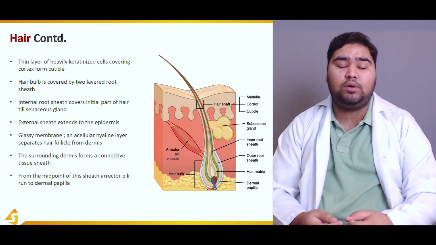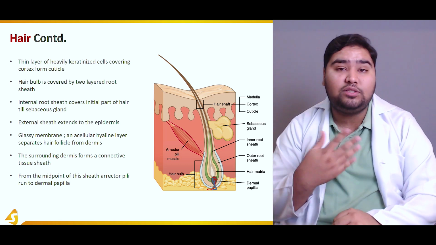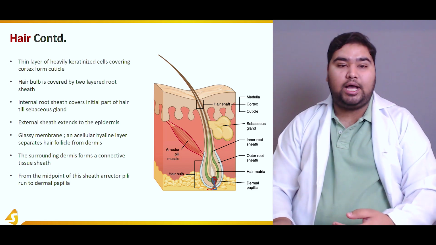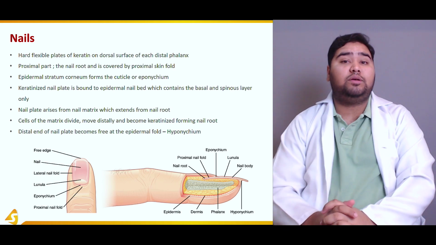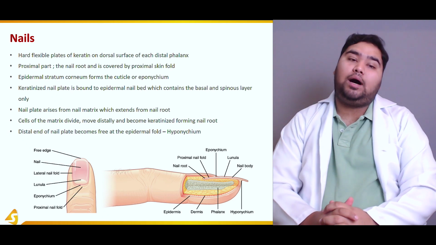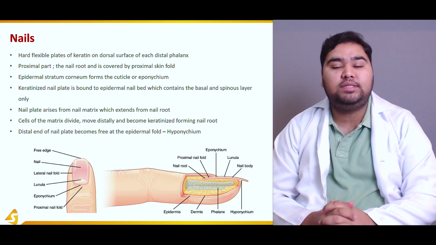This leads to standing up or erection of the hair, and this is known as goosebumps, a common phenomenon. Okay, now moving on, we have the second epidermal derivative, which is a nail. What is a nail? A nail is a hard, flexible plate of keratin which is located on the dorsal surface of